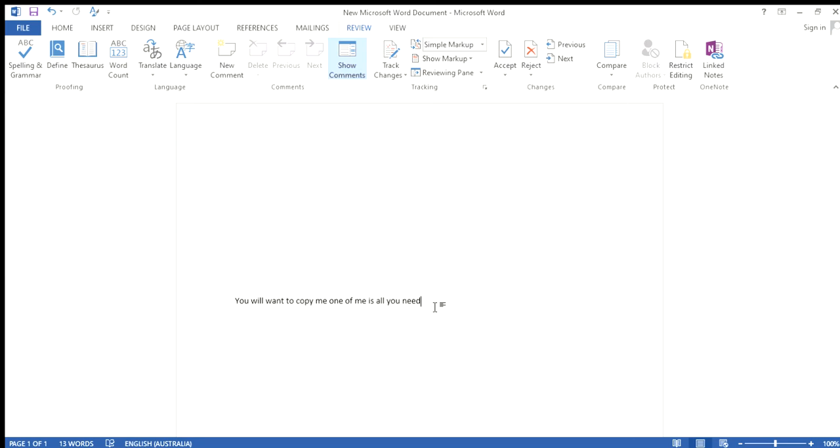Let's assume here that you've typed out a reference document for an employee, and another employee also wants a similar document, but this time around, instead of having that document addressed to one employee, you want to have it addressed to the second employee, and you want the document to find and replace the